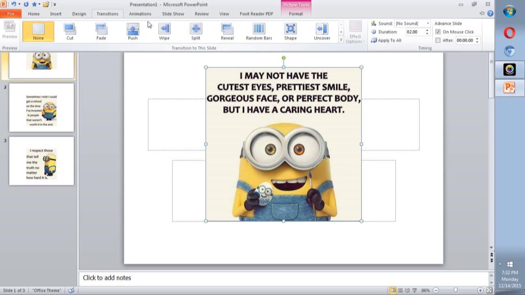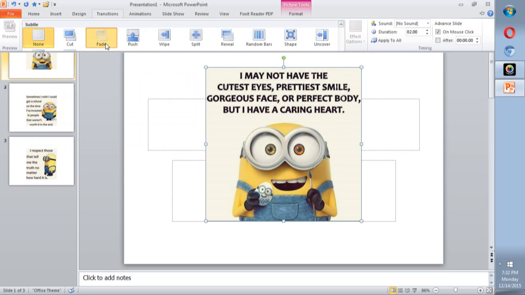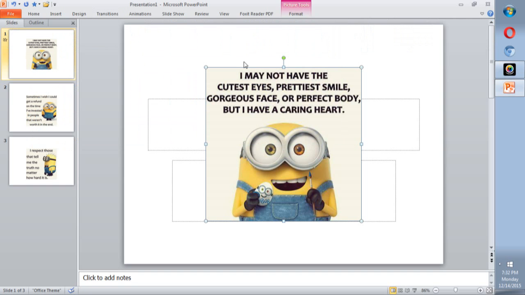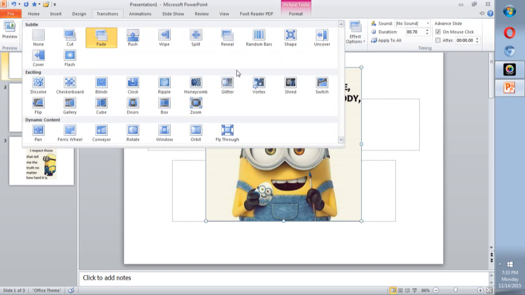Then click the arrow of the Transition tab to view or to choose. Click the best one, and then go to Transition again and click the arrow.